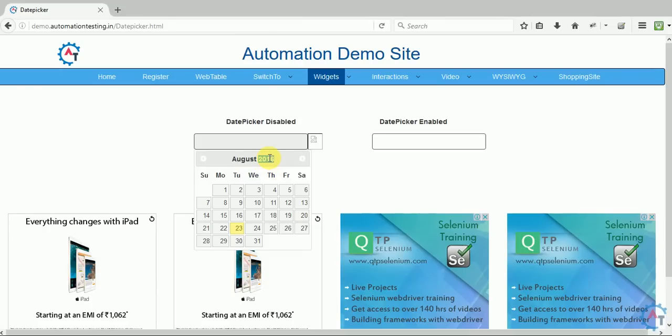If 2017 is greater than 2016, then you have to click this arrow. If you have to go to 2015, you have to click this arrow, and then you have to navigate like this. If it is more than this year, this way; less than this year, left side. Then once you find, you click and compare with your value. If it is September 2016, you compare with September. No, this is not same. Then click this one, compare with this one. Means you have to loop through so many times. Then once you find that it is equal to that, you are in that year and that month.